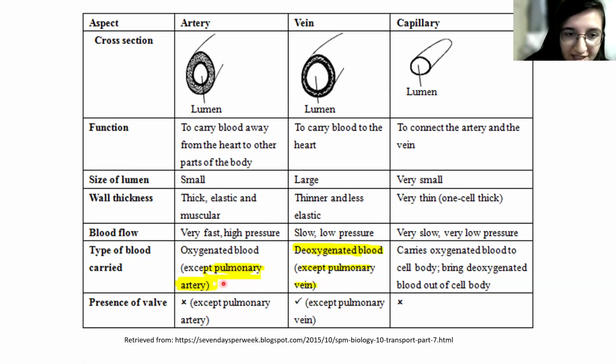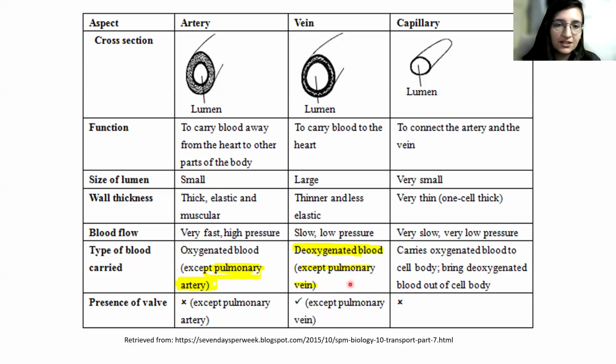But there is one exception, the pulmonary artery, because the pulmonary artery has to carry blood away from the heart, but to the lungs, because it has run out of oxygen. And deoxygenated blood is carried by the veins. So the veins are the ones that are bringing blood back to the heart. And because it's bringing the blood back, it means that the oxygen has been used up. So that's why it's bringing it back so that it can be oxygenated, except for the pulmonary vein, it's bringing the